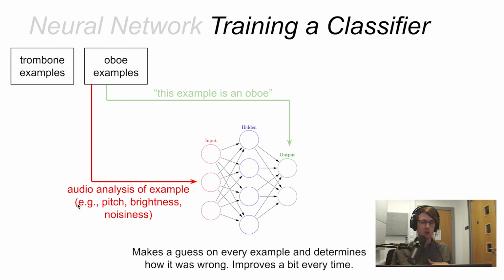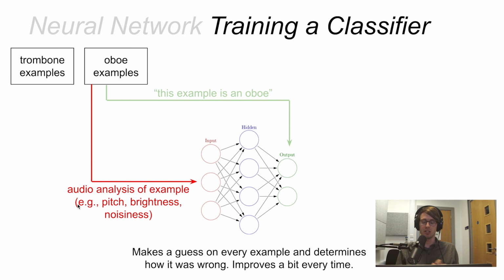the neural network is going to make a guess on each one of these examples that we've shown it, and then check to see if it got the answer right or wrong. And if it got the answer wrong, then it's going to make a slight adjustment so that next time it sees that example, it can be a little bit more accurate. And this is how training works. After making these guesses and slight corrections thousands of times, it'll be a lot better at making those predictions